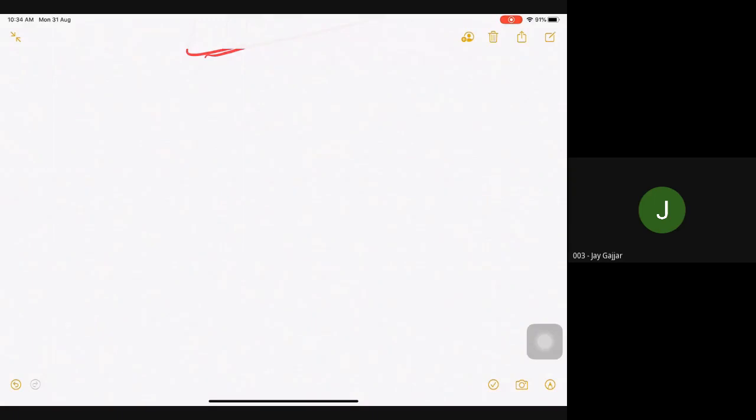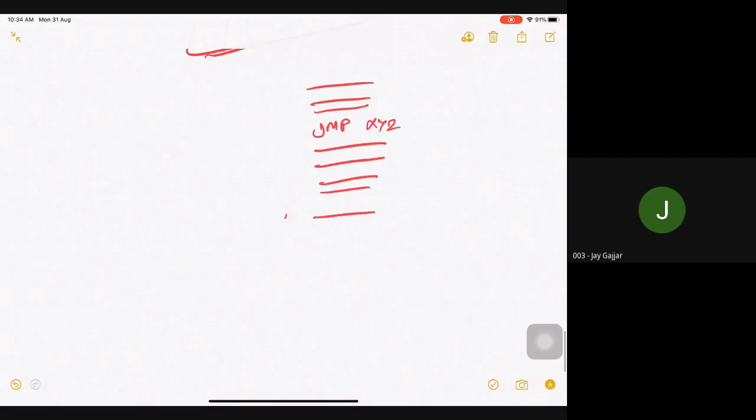Any doubt? Okay, now the last topic for today's session. Now suppose this is my instruction and I am having a jump instruction here. I want to jump to XYZ. This is my location and here is my XYZ where I want to do something: Move AX, BX. Now, is this a forward jump or a backward jump? Forward.